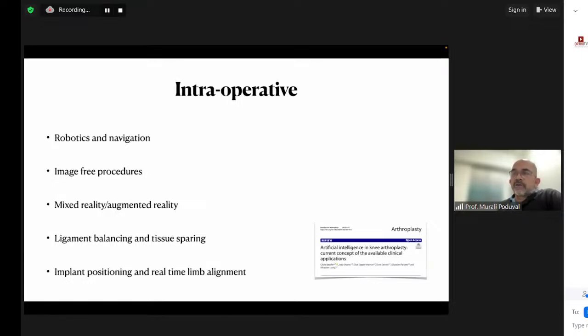Image free procedures also have this morphed model, which has been devised out of putting an algorithm across thousands of CT scans. Ligament balancing and tissue sparing is another area where these algorithms are used, and of course, implant positioning and